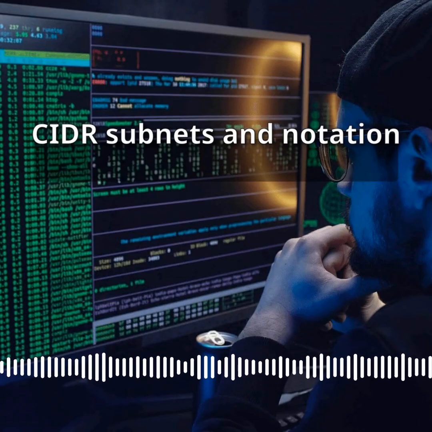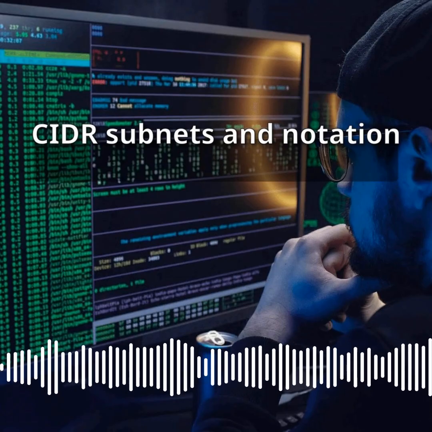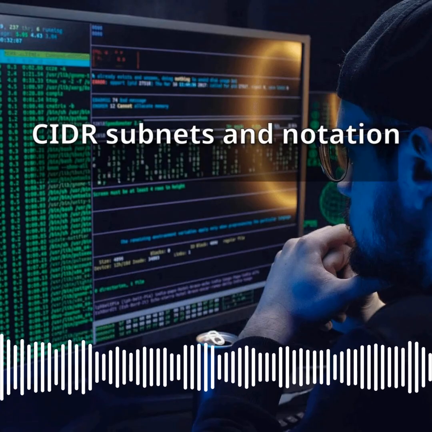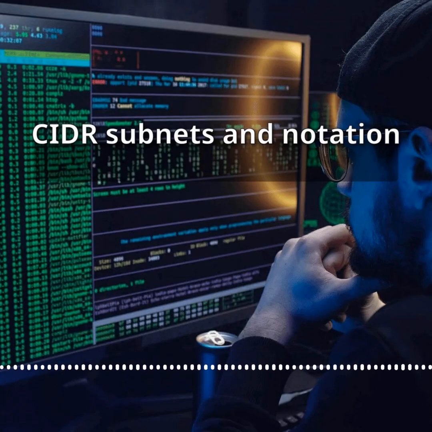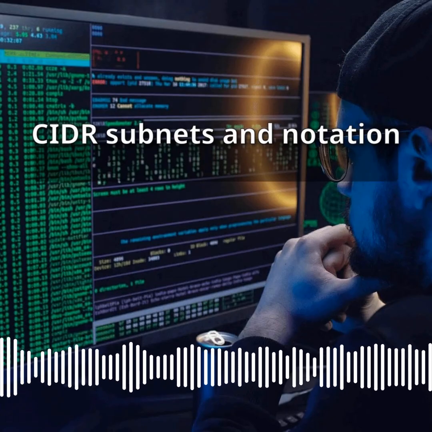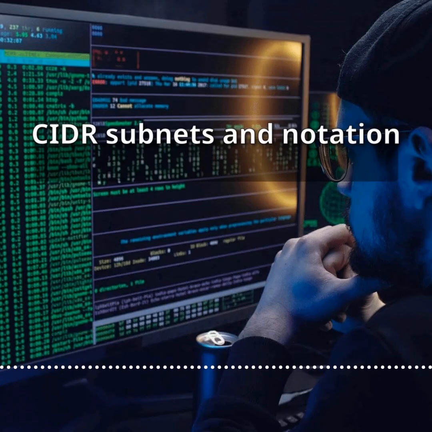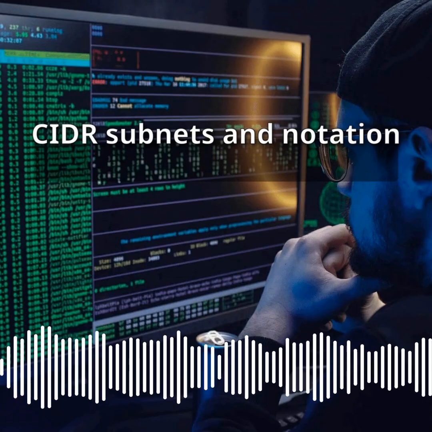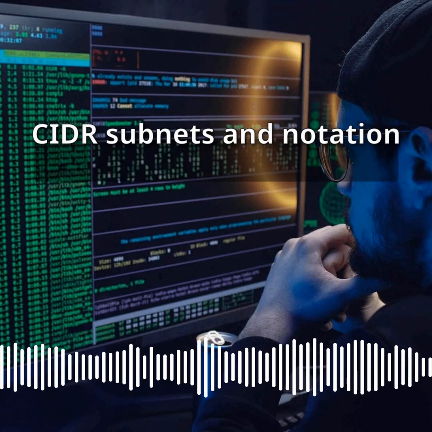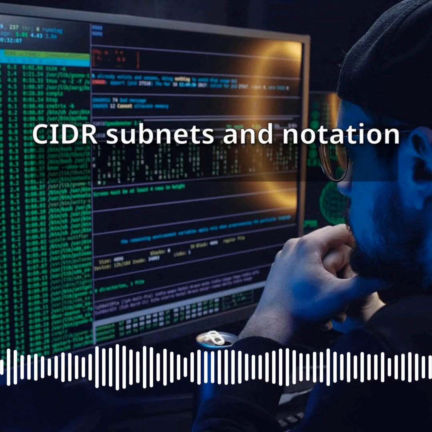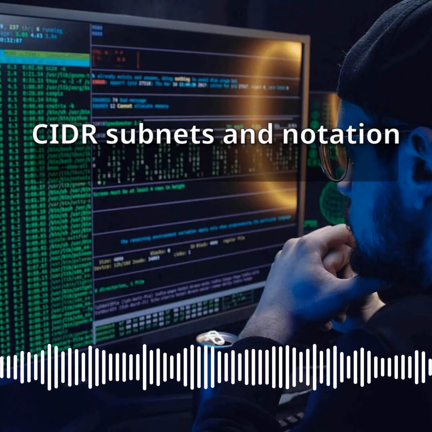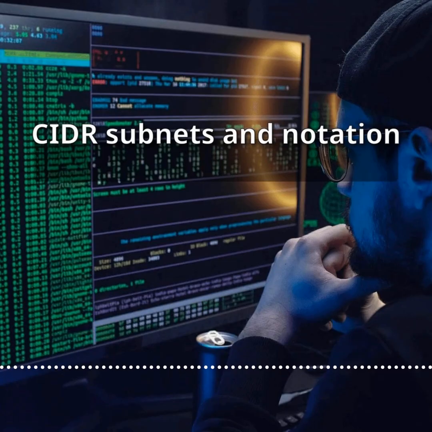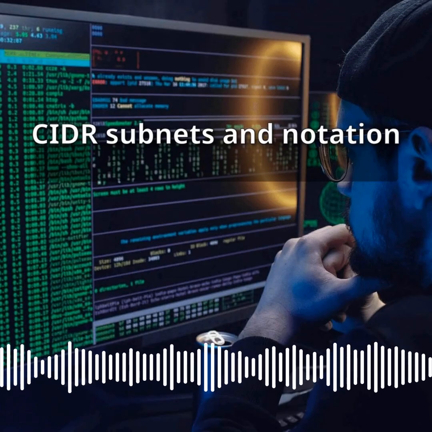To summarize the key facts you must retain from this lesson. CIDR notation combines an IP address with a prefix length, for example 192.168.1.0/24, to define a network block. The prefix length indicates how many bits identify the network. The remaining bits identify hosts. The subnet mask is the decimal representation of a binary number with all network bits set to 1 and all host bits set to 0. The number of usable hosts in a subnet is calculated as 2^(32 minus prefix length), minus 2. The network address, all host bits at 0, and the broadcast address, all host bits at 1, are not assignable